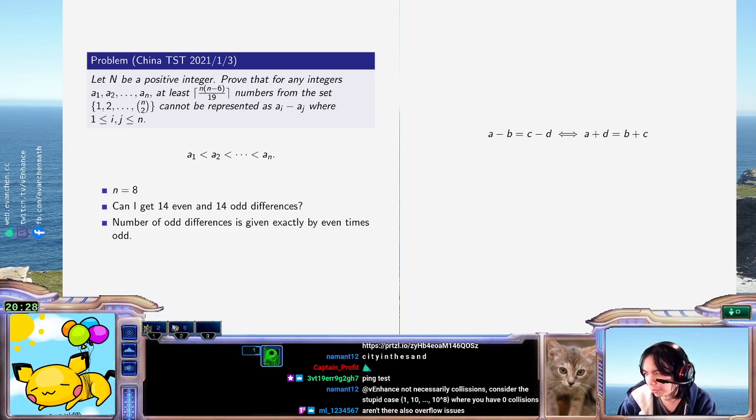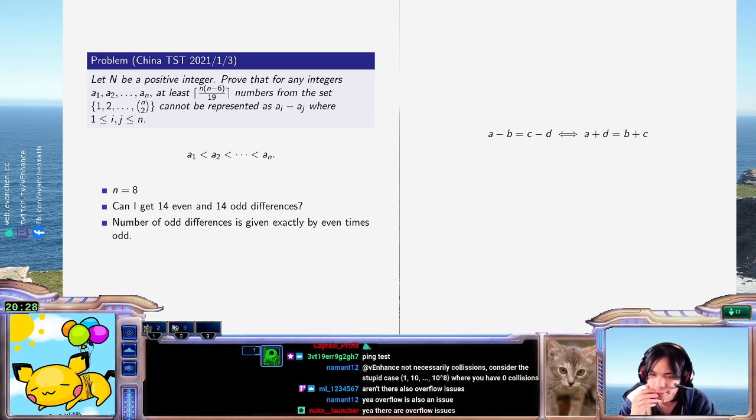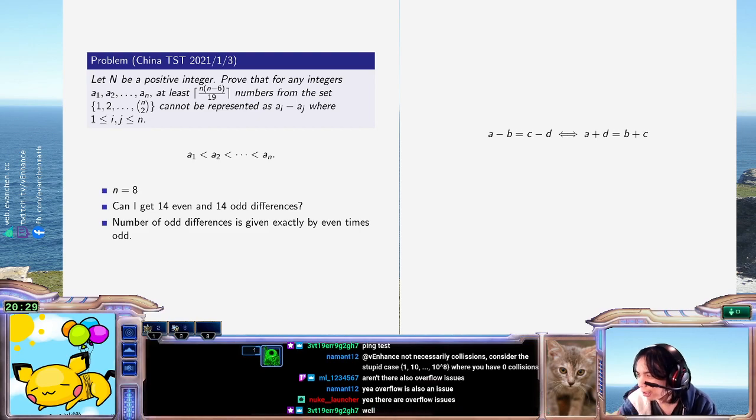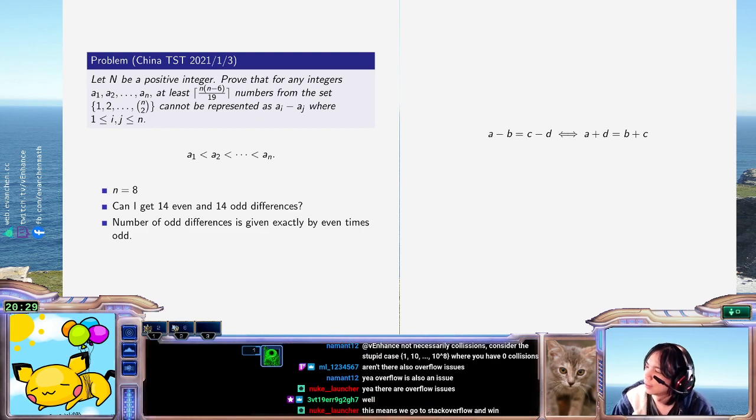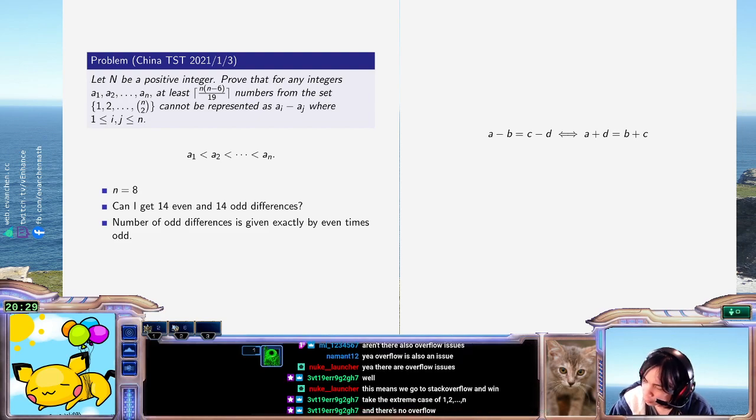Oh yeah, overflow issue is more important. You're right. Okay. That sucks. Yeah, so somehow I need to use something about the size of the numbers. Like I can't let, if I just let the numbers be